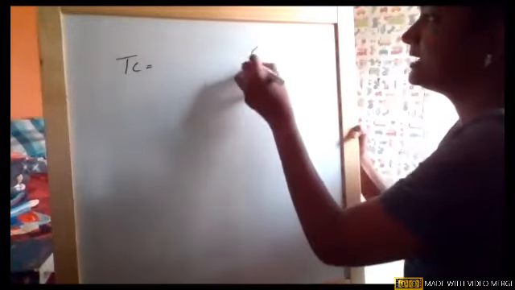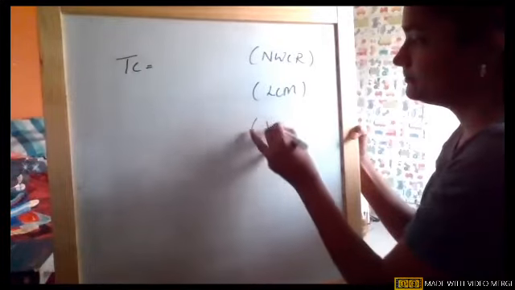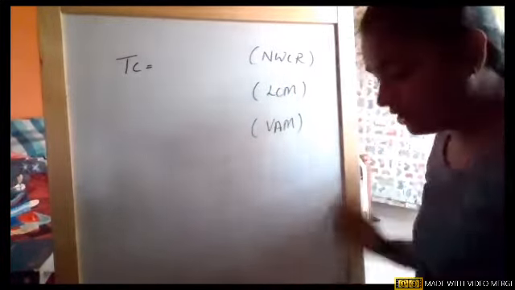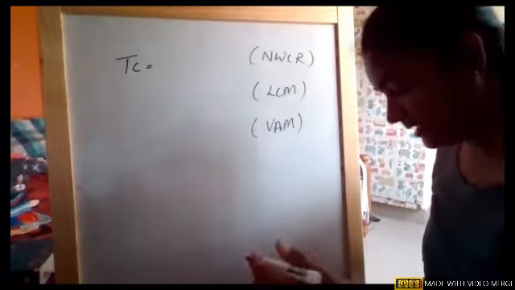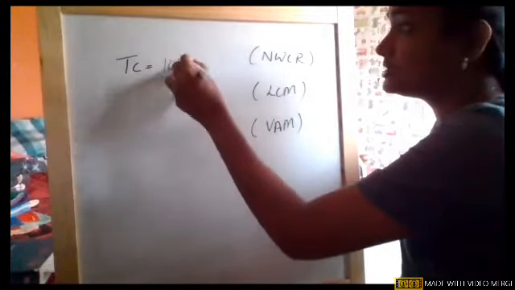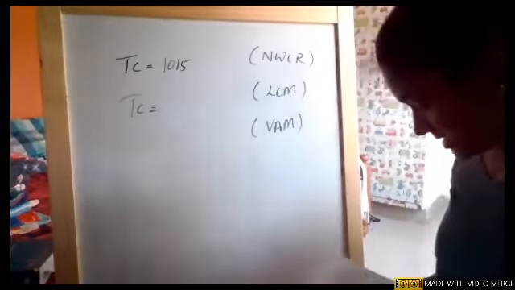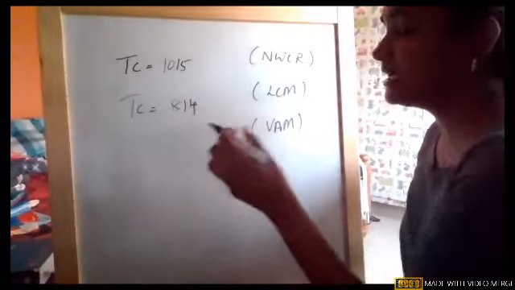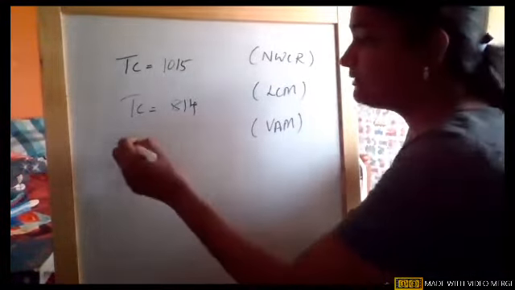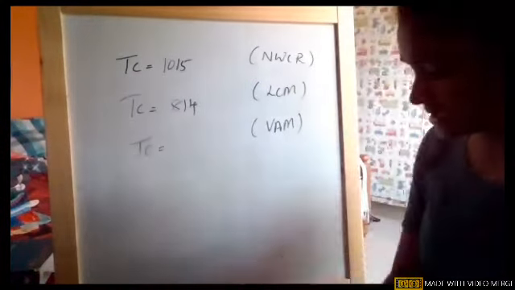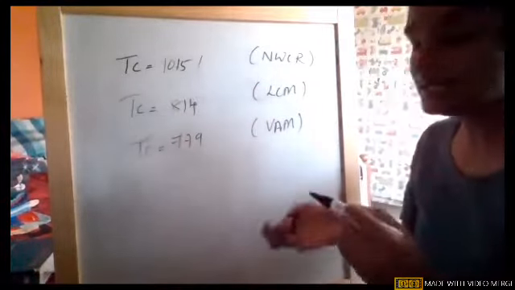Okay, now I'll take all the methods, girls, and show you the cost. These are the three methods we saw under the same problem. The matrix is the same. The example is the same. When we applied the northwest corner rule, the total cost is 1015. Similarly, when we applied the least cost method, the cost is 814. I'm just reminding you of the class from weeks before. And now when I'm using the VAM method, what happened to the total cost, girls? It became 779.